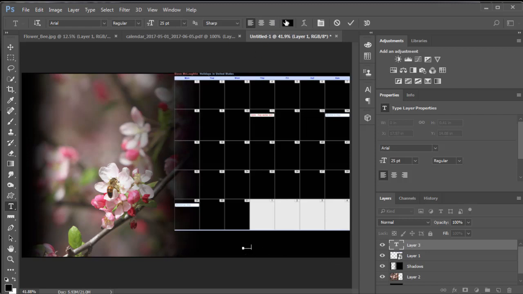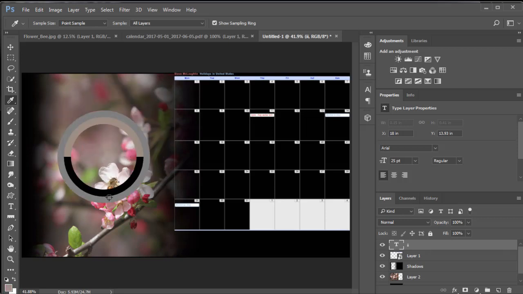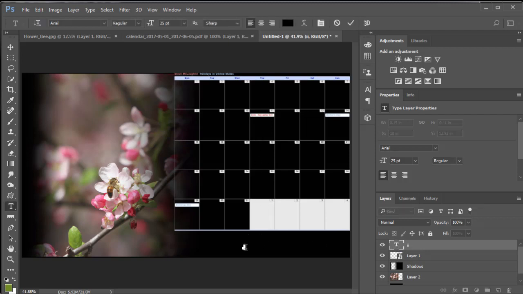And we can't see black on black, so I'll select that and change that. I'm going to use a color that's in the image. So I'm going to press the letter I on the keyboard. I is in India, and just sample color from over here. I can get that pinkish color. I can use the beige that's in there, or the green that's there. Let's try the green. So I'm going to go back over here to my text layer, and I'm going to apply the green color that's right here